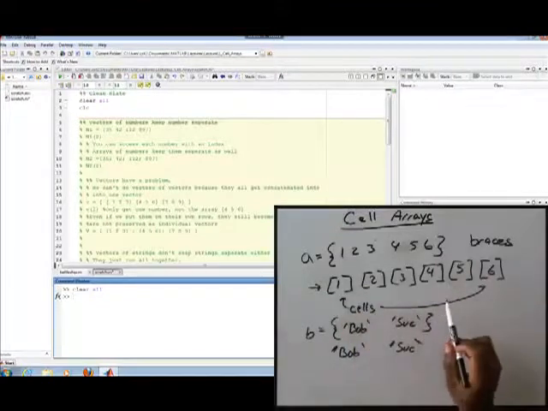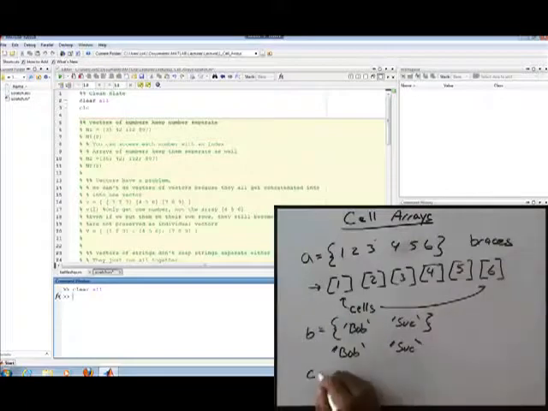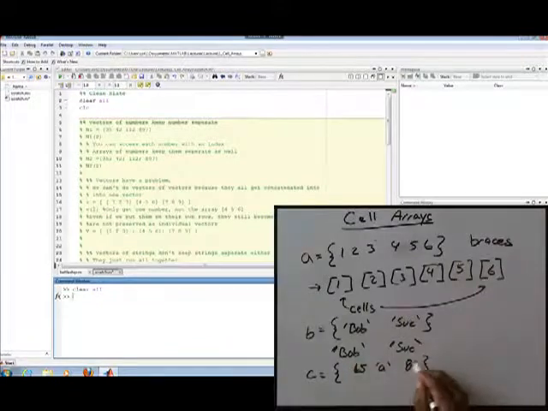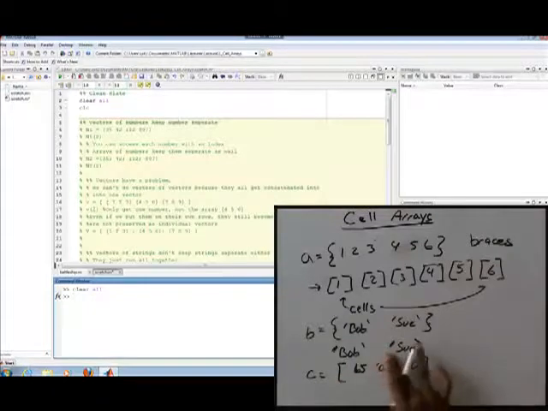So that's the concept of cell arrays, and thus, if I want to do something that is heterogeneous in nature, let's say 65, A, 80, if we did that in square brackets, it would convert this to a homogeneous vector. It would convert this character here to 97, because now they would all be numbers. But if I do a cell array,